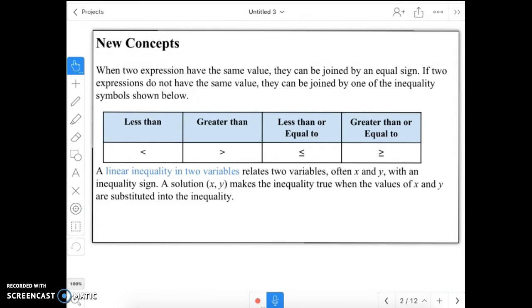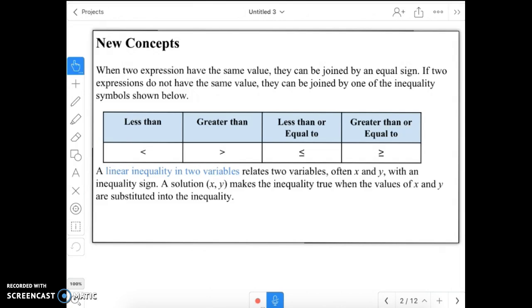A lot of the equations that we're working with today are either going to be in slope-intercept form, or we'll want them to be in slope-intercept form. And then at the end of the video, I'll show you how to use a calculator in order to solve these as well. So, a linear inequality in two variables relates two variables, often x and y,